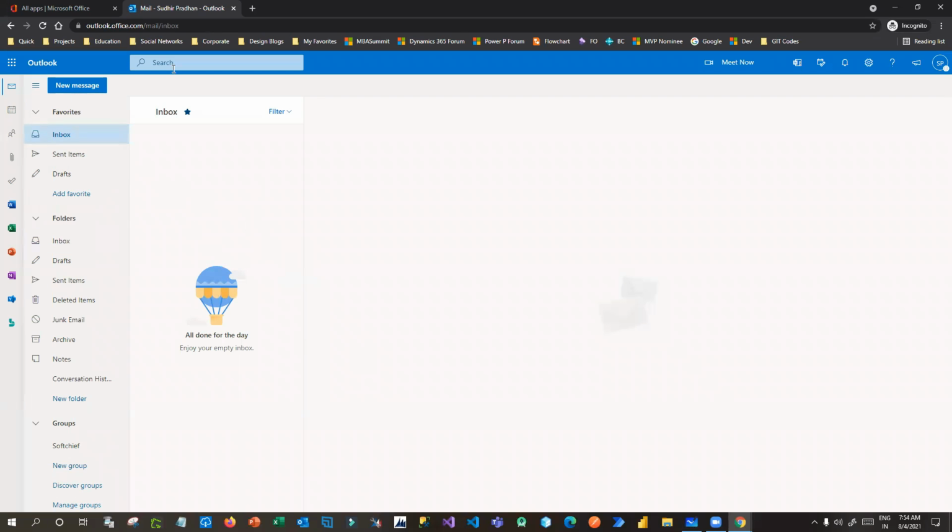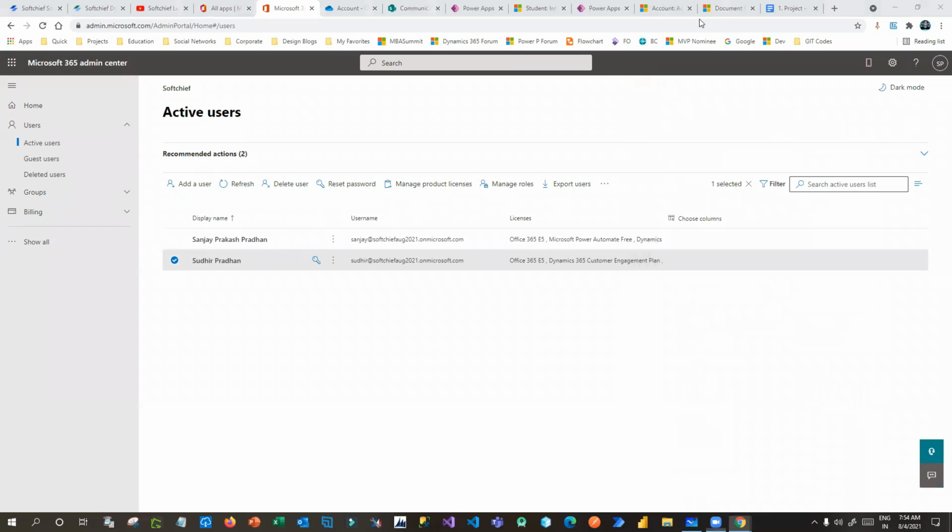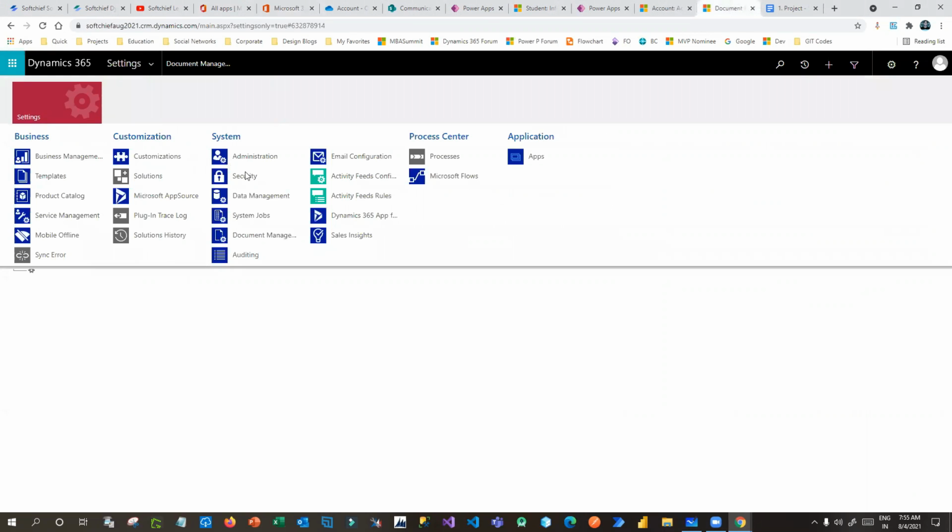Anyway, once it is configured, now we can integrate Outlook with Dynamics. How? Let us go to this option, settings, go to email configurations.